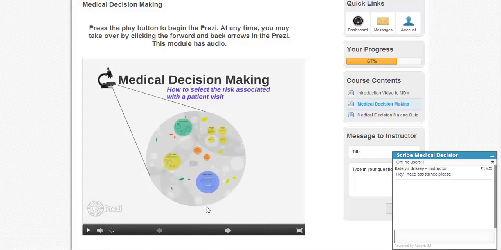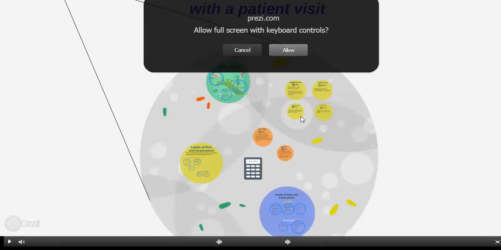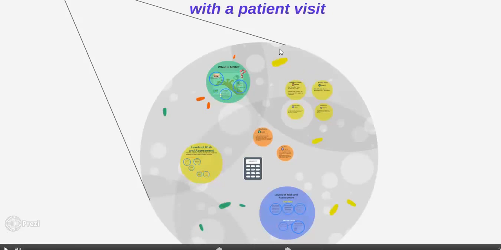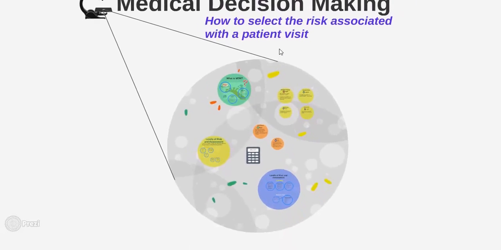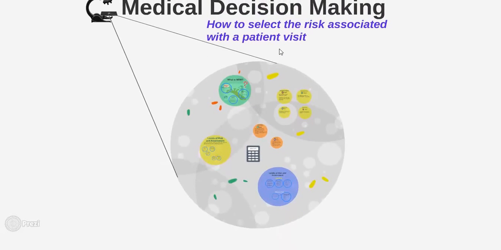Okay, it's going to take us here. And what you can do is press the play button like it said, or you can hit the forward and back arrows. You can also make this full screen. You can also use your keys on your keyboard as well. Medical decision making. How to select the risk associated with